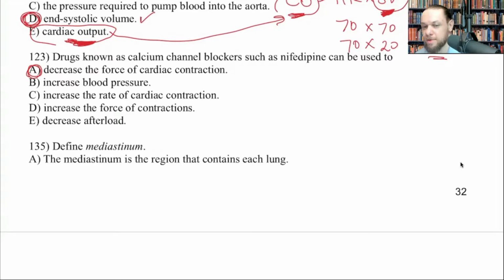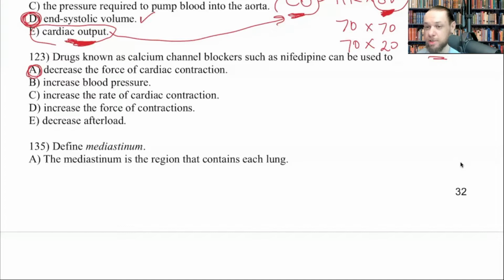So if we have a lot of calcium, we have more contraction, because calcium is going to come in from the outside to the inside, causing the contraction. And now we give you a drug that blocks your calcium channels. If you block your calcium channels, which nifedipine and diltiazem, Cardizem, these drugs do, I'm going to decrease the force of cardiac contraction. Now,